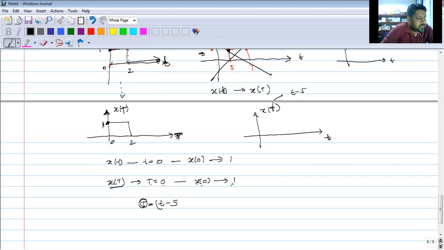So what you have to do is put 0 instead of this T. So 0 equals t minus 5. So what is the t value? It is equal to 5. Now for x simple t,